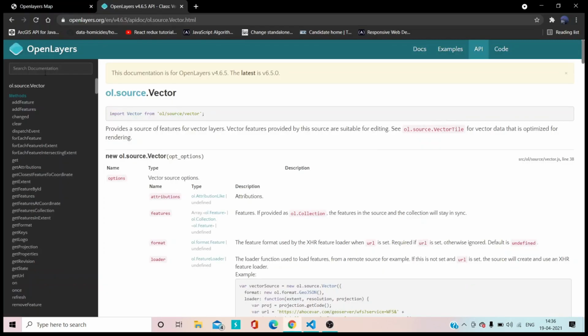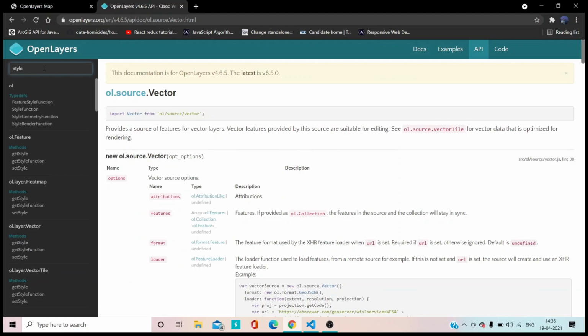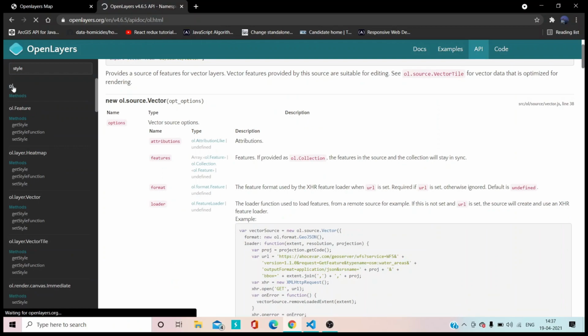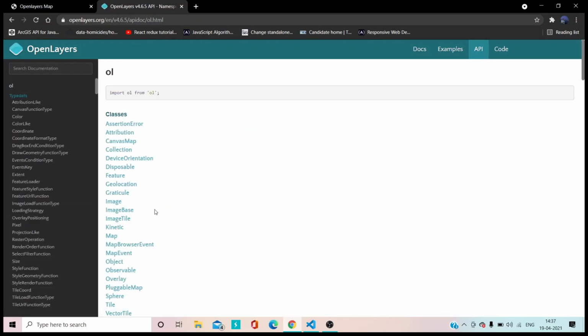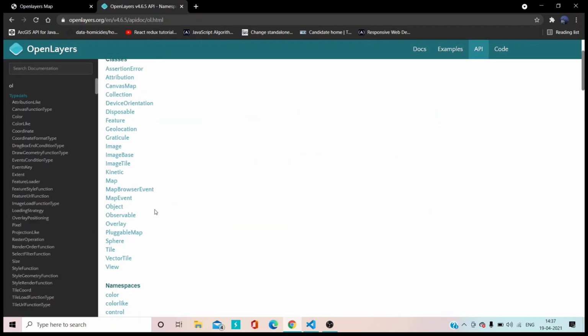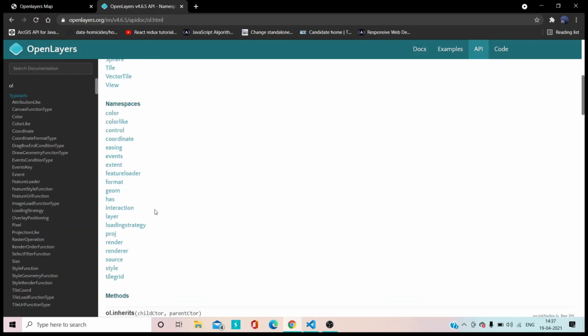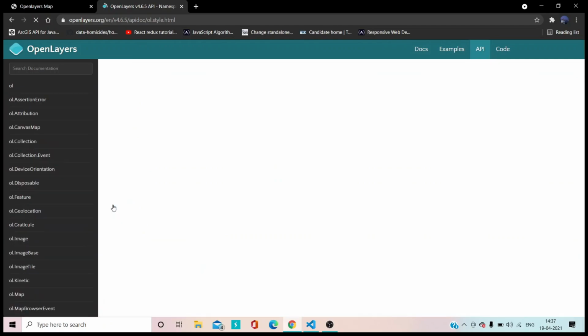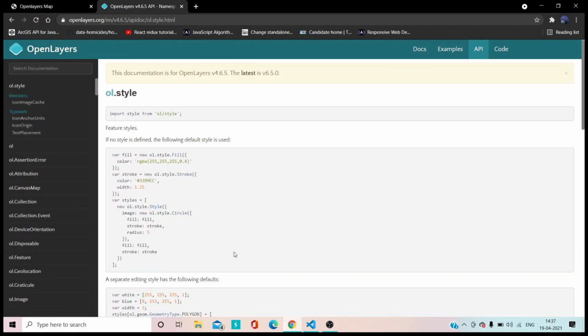So let's go in OpenLayers and search for style. Let's go in ol.style. Yeah.